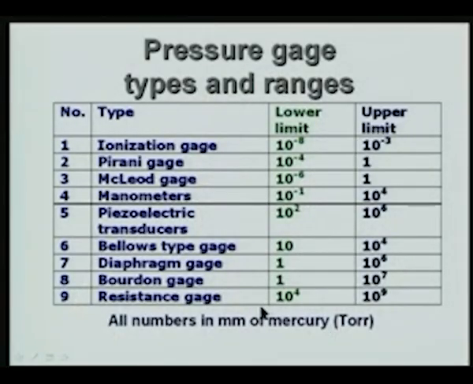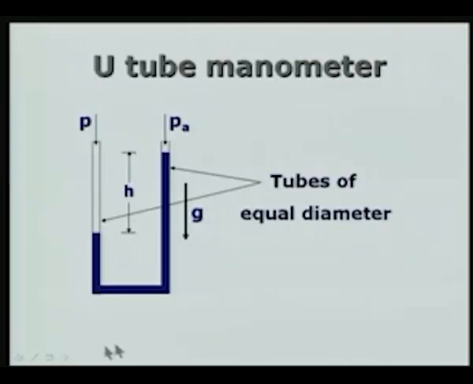So, this gives you a broad overview of the kind of things we are going to meet with, and let us look at in some detail the individual pressure measuring devices. And the starting point is of course the U-tube manometer, which is very familiar to us, and most of us do use it in the laboratory, and it simply consists of